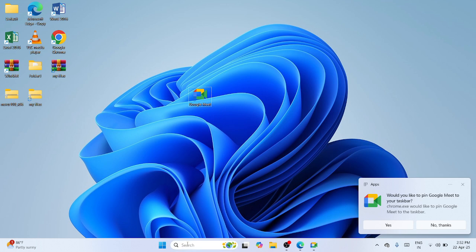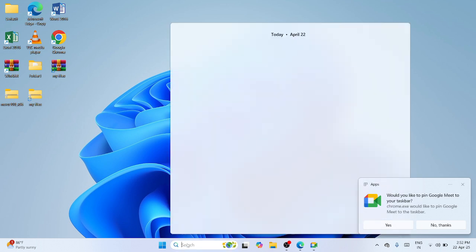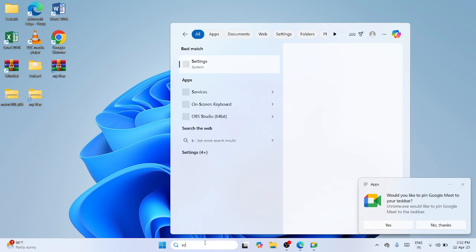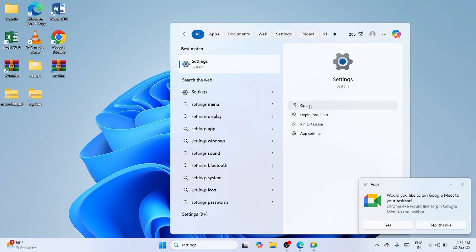And if you would look at this, let's look at the bottom search bar and type for Meet, you will be able to see that the best match is appearing as an application. And when you navigate to your settings, type on settings, and when you click on open,